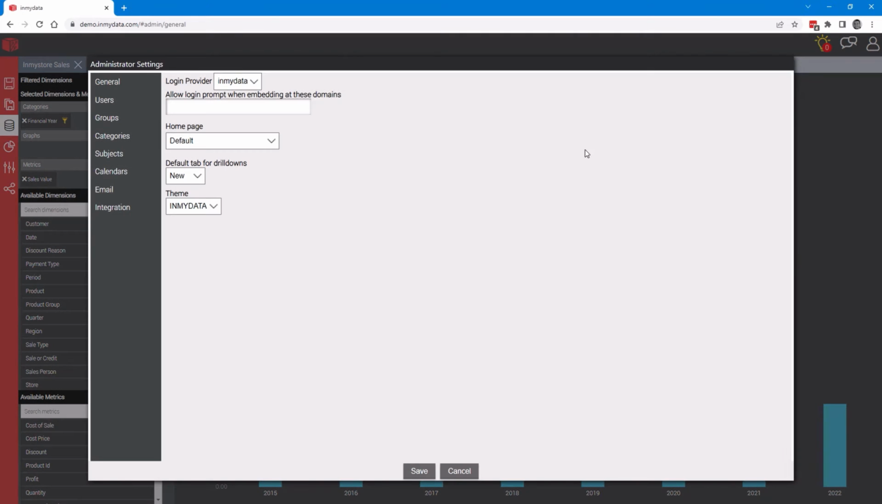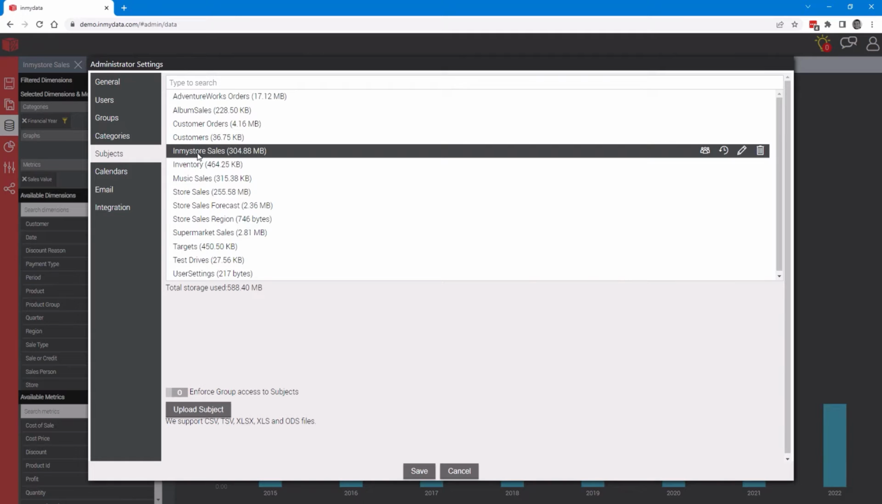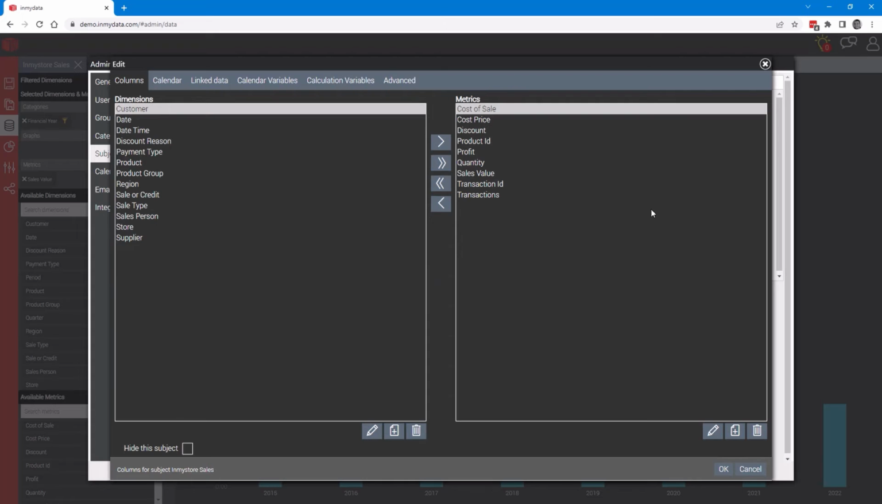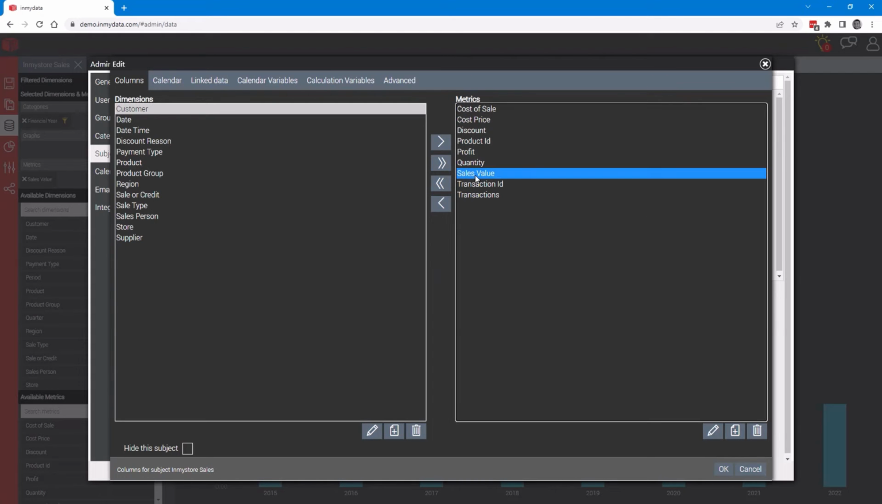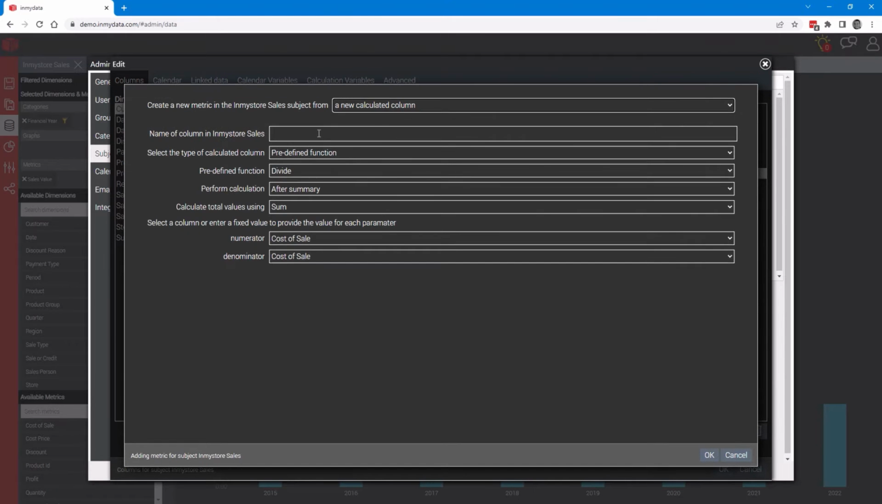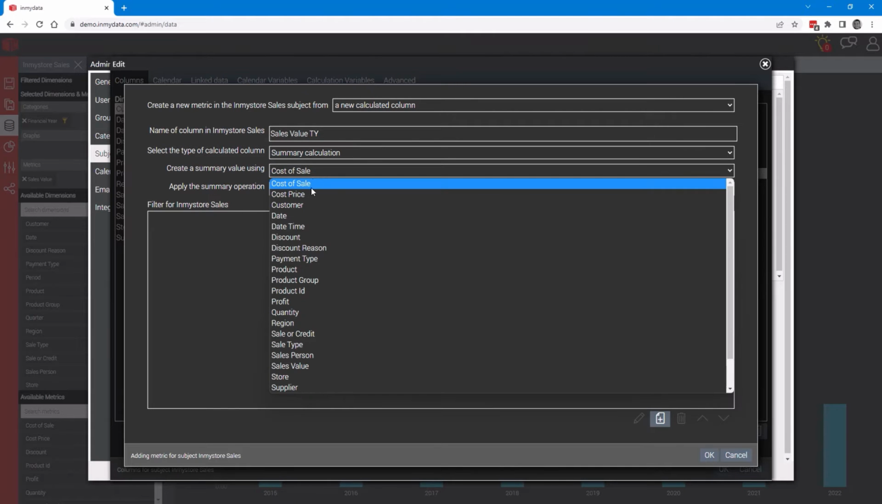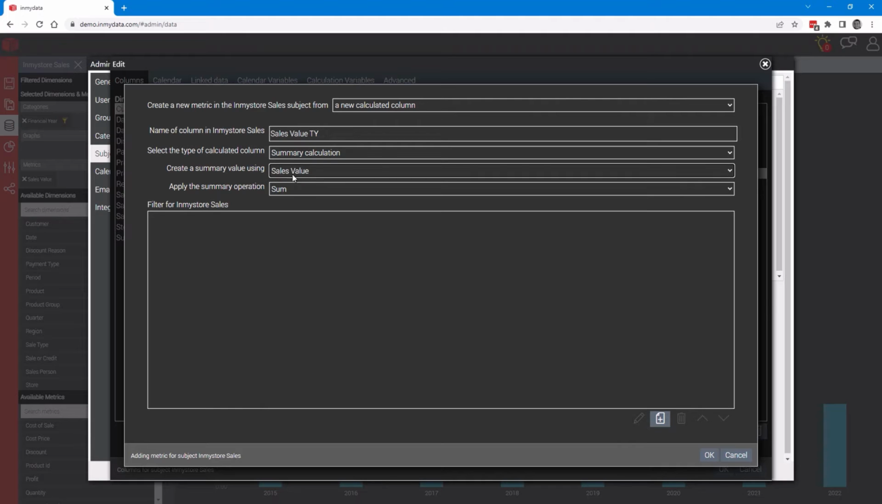So I'm going to go into the settings screen. I'm going to select my subjects, and then select my store sales subject, and I'm going to add two new metrics. The first one is going to be a calculated column. I'm going to call it sales value this year, and this is going to be a summary calculation based on my sales value. So it's going to sum up the sales value, but I'm going to filter it to the